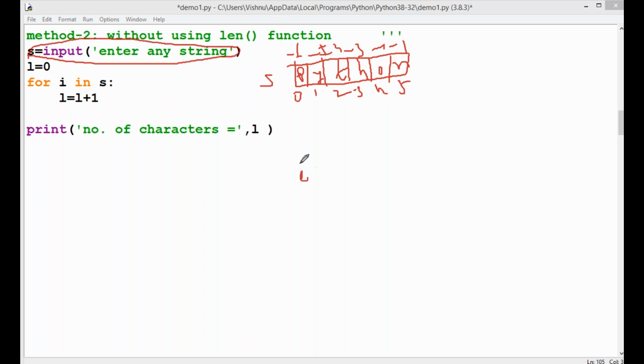And next one is I, an I variable. Another one is L. Initially, L equal to 0. This is the second one. Initially the L value equal to 0. And the third one: for I in S. That means